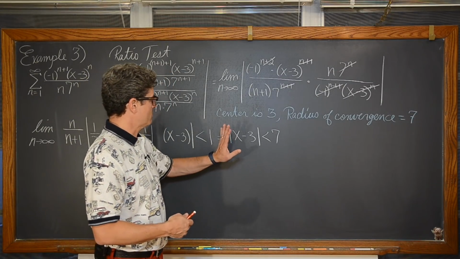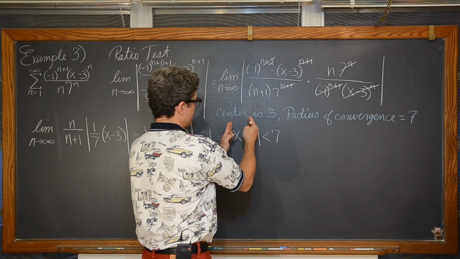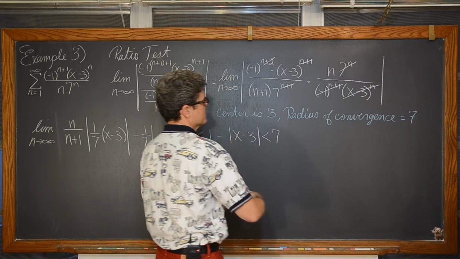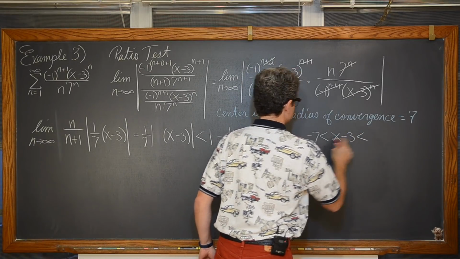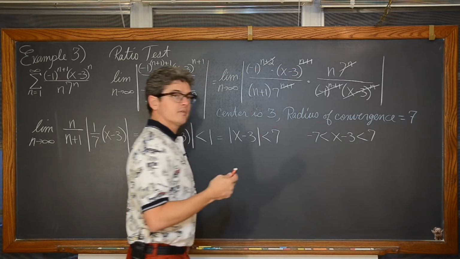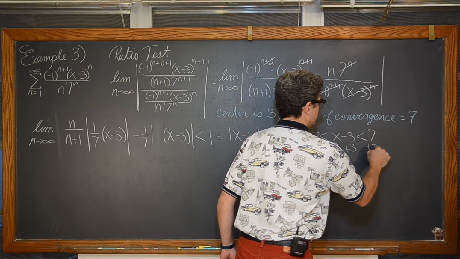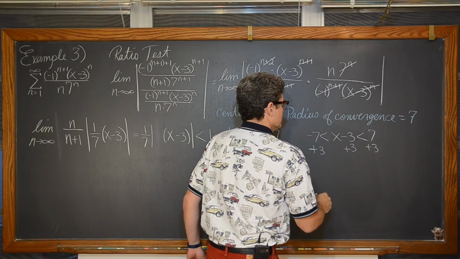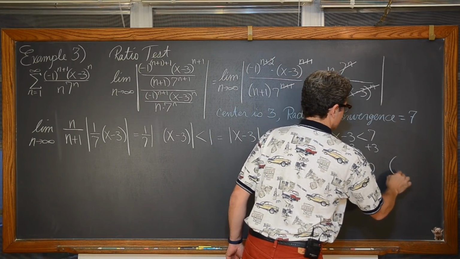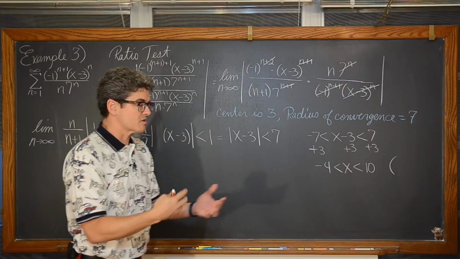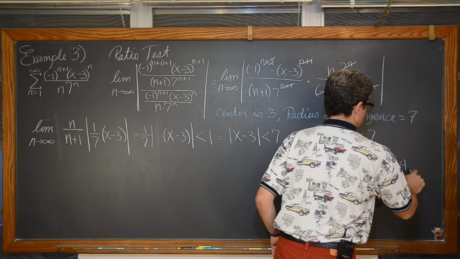So let's go ahead and write this without the absolute value signs, which means that this can be like 7 or negative 7, but it has to be in between those values. So we have negative 7 is less than x minus 3, which is then less than 7. Solving this compound inequality, we're going to, very difficult here, add everything by 3. And we have negative 4 is less than x, which is less than 10. So our interval, I can't say really interval of convergence because we haven't tested the endpoints yet, but our preliminary interval here is from negative 4 to 10.